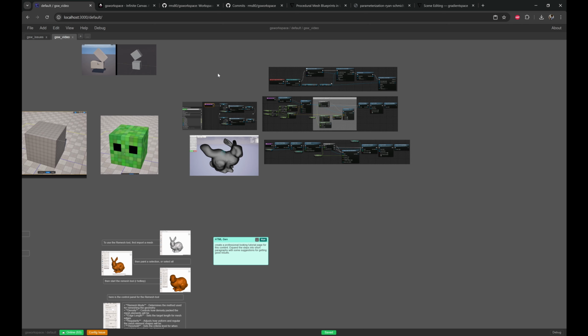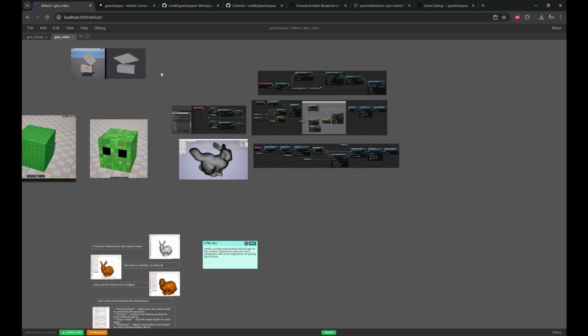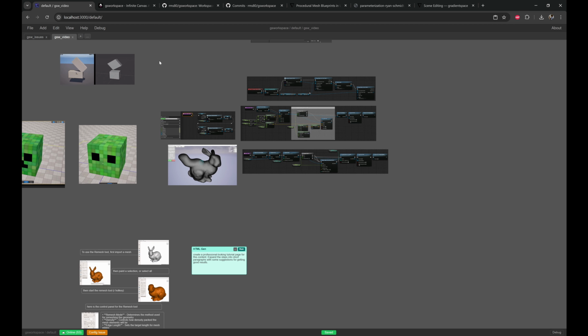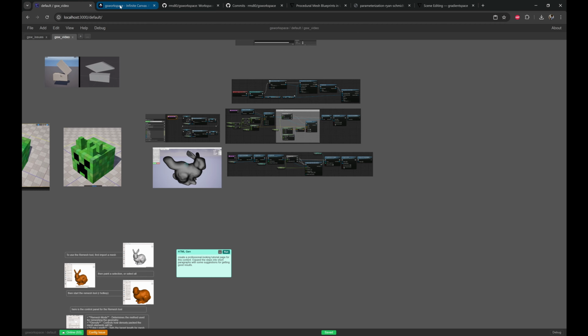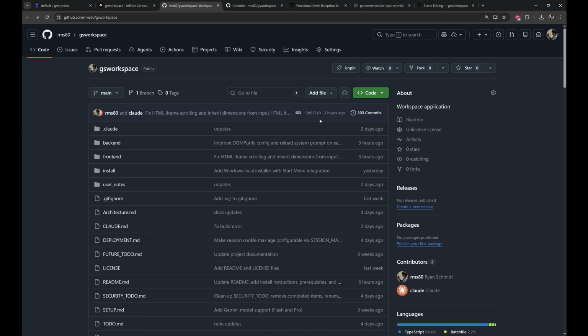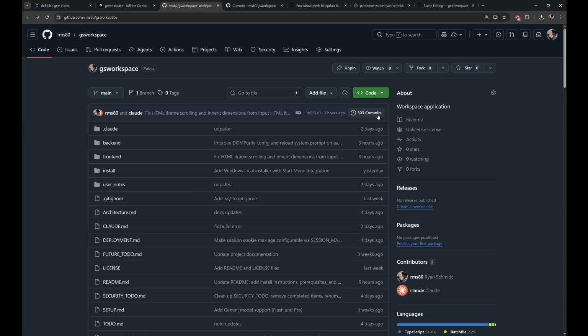And the problem is I would have never built this app because it would take too much time to just make something that's going to make my life easier. But now this app exists, and that's what you can get. This is GS Workspace. And so this app exists because of Claude Code. So if you go to GitHub, you go view on GitHub with this website, you're going to see this app, 300 commits. If you look at what's been happening, you see all those commits are in the last 20 days or so, and every single one of them